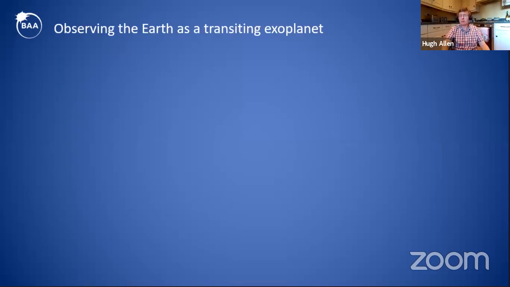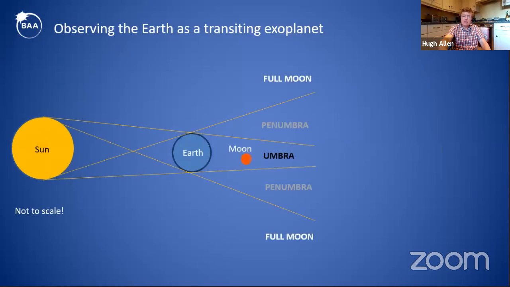So the last thing I'm going to talk about is Earth, and Earth as a transiting exoplanet. What do I mean by that? Well, there's a unique moment in spectroscopy to observe moonlight in total eclipse. So this is the schematic of what we see in a total eclipse. This is pretty much the color of a total eclipse that I'm going to show you, that I saw when the full moon turned from this enormously bright silvery thing to quite a muted, beautiful orange color,